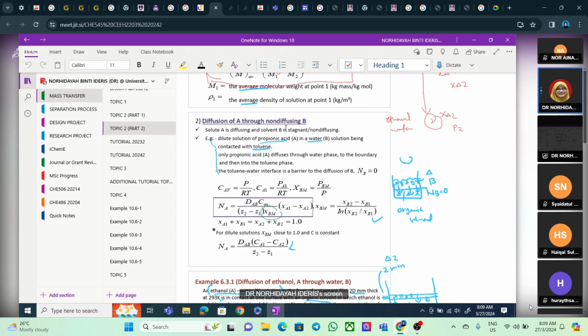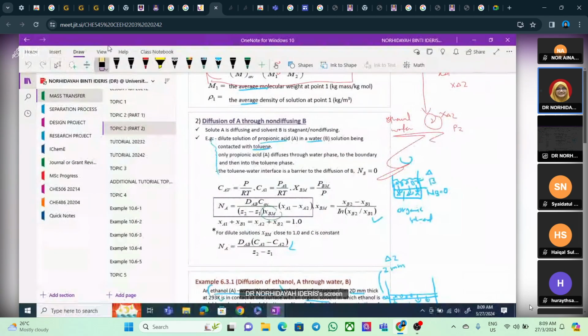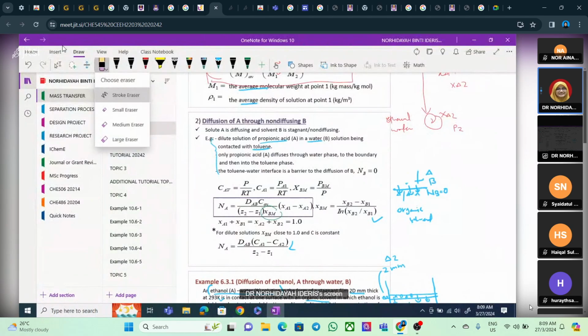Alright, so if you can recall, some of you students may have learned about liquid extraction during your diploma time. So if we look at it later on, in the subject of liquid extraction,